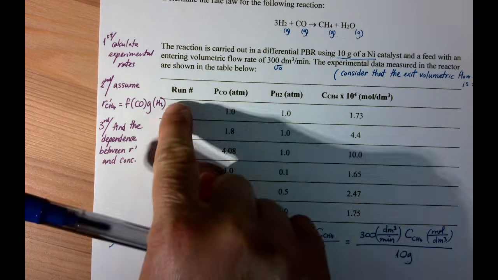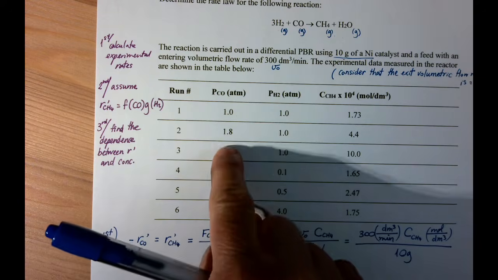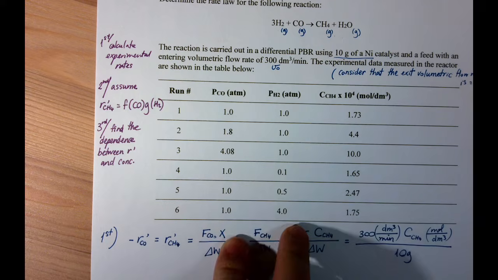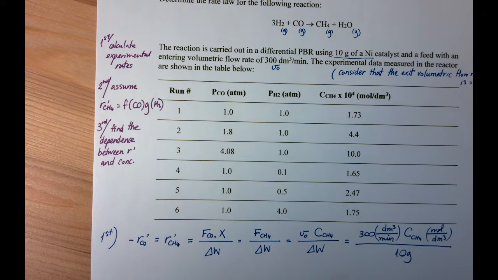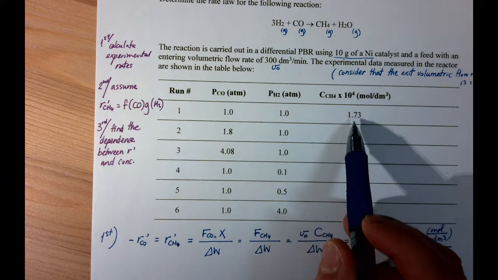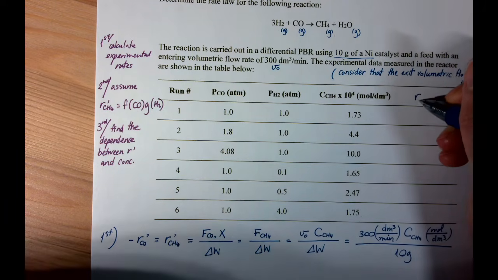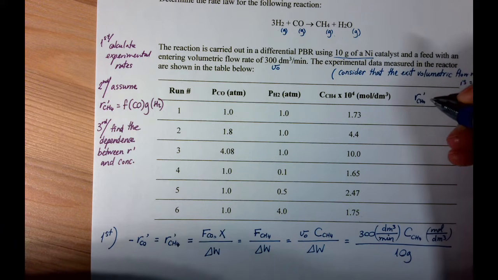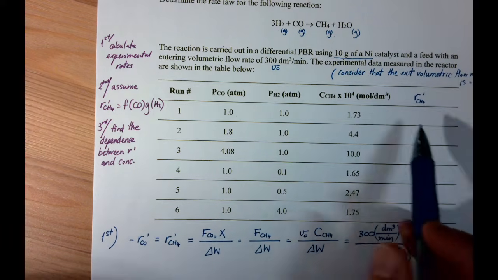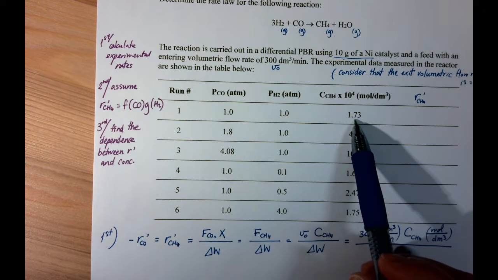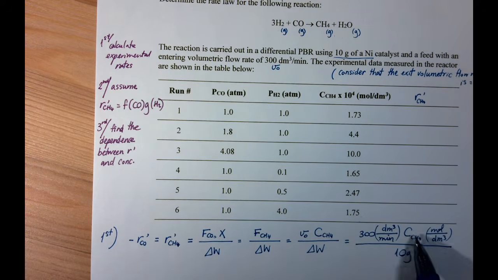So for each of these experiments where we're starting with different relative partial pressures of the reactants, we're going to calculate the rate. We have the concentration, so we can calculate the rate, R CH4 prime. Because this is times 10 to the 4, if you plug in the numbers, take this 1.73 times 10 to the negative 4, multiply by 300, and then divide by 10, the result that you will get is